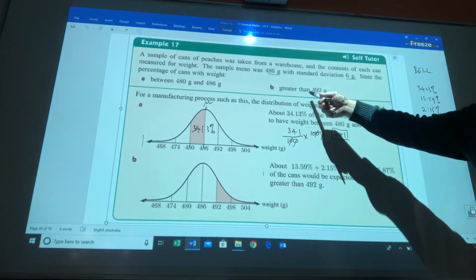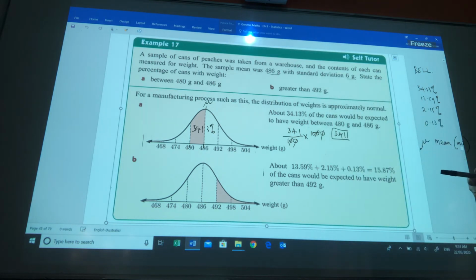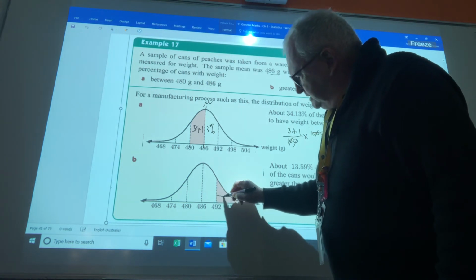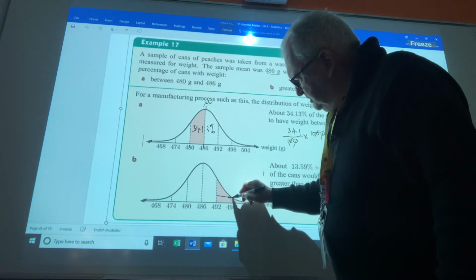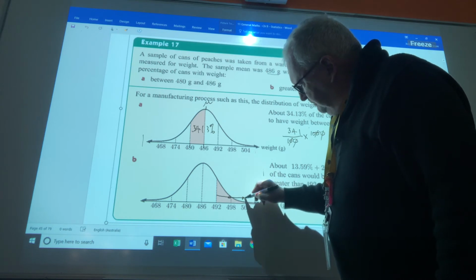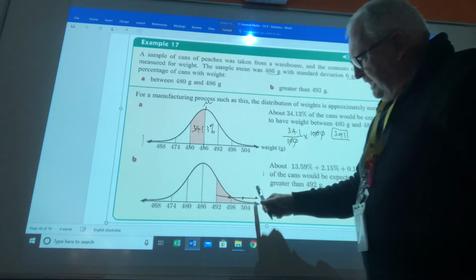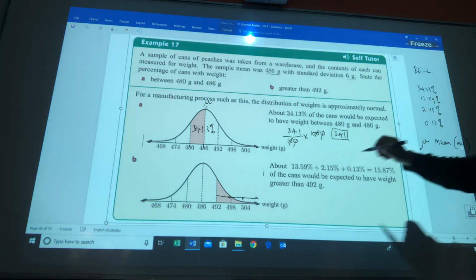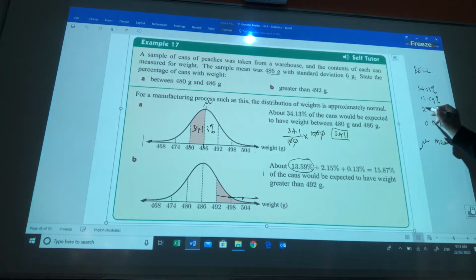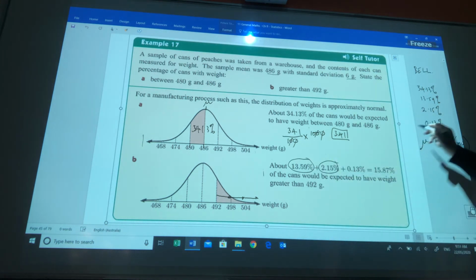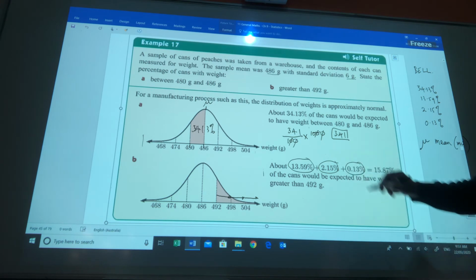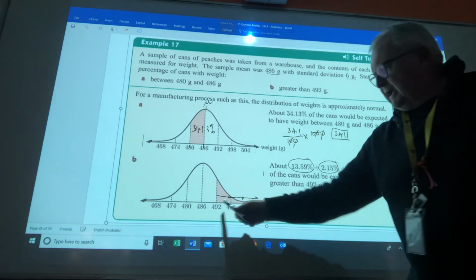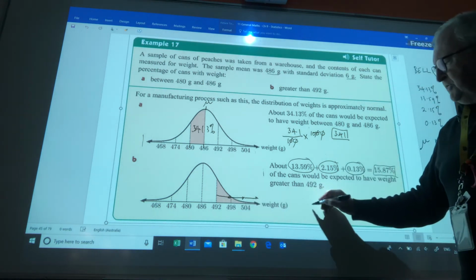Now the next part of the question says how many have got more than 492 grams in them? Now that's in the 2 standard deviation section, the 3 standard deviation section, and basically that 4th group there. So you look at those percentages, it's 13.59, 2.15, 0.13. Okay, and if you add all them up, you get 15% of them are more than that. So again, if you were testing 1,000 cans,